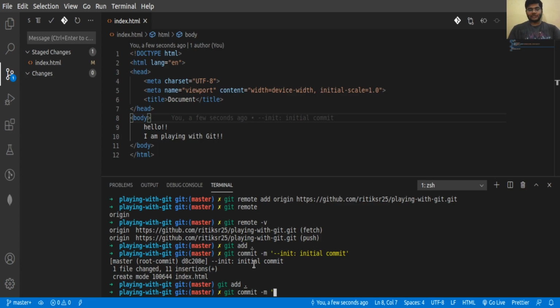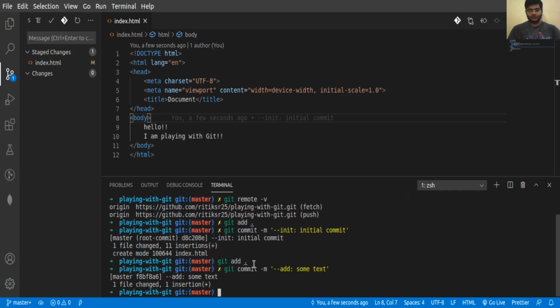Let's call the commit message add some text. So again we have made two changes in this repository. Let's see our next command.